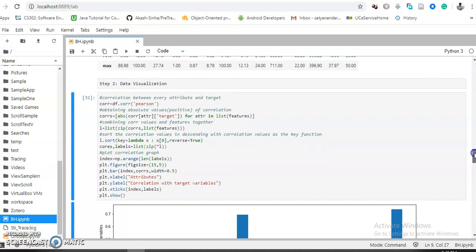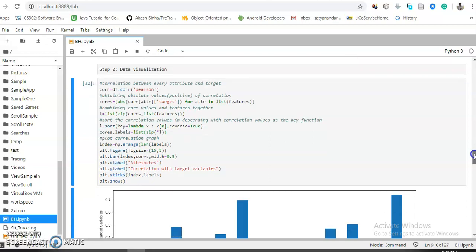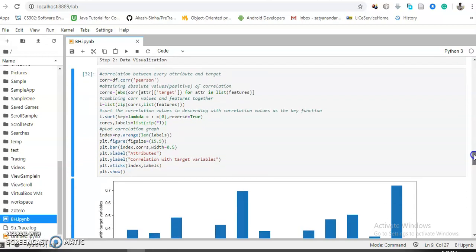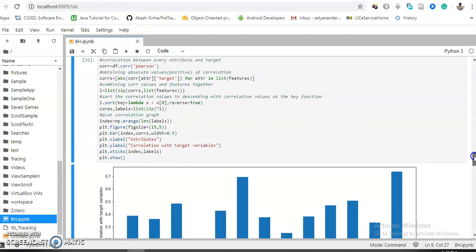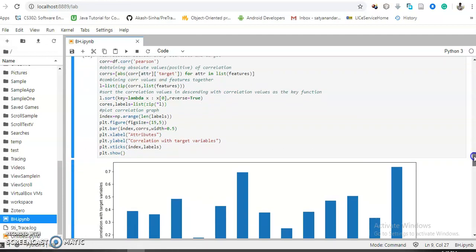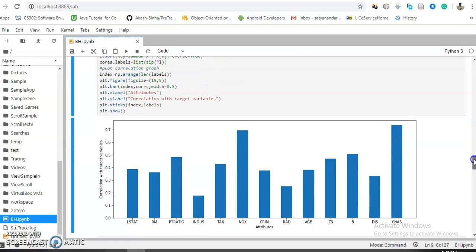Then I am using plt, which is Matplotlib, and preparing the plot. I prepare the X label and the Y label: on the X label I place the attributes, and on the Y label the correlation with target values. Next, ticks means all the indexes and labels will be placed together. And next plt.show shows the plot.